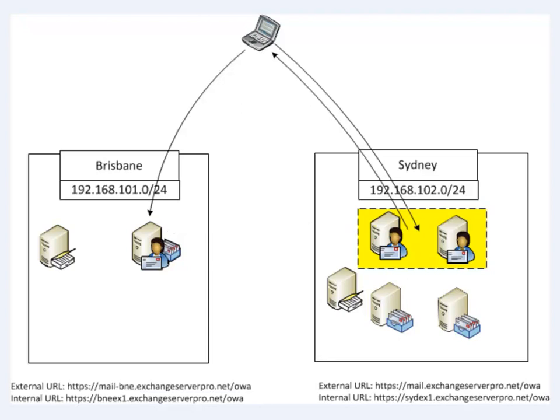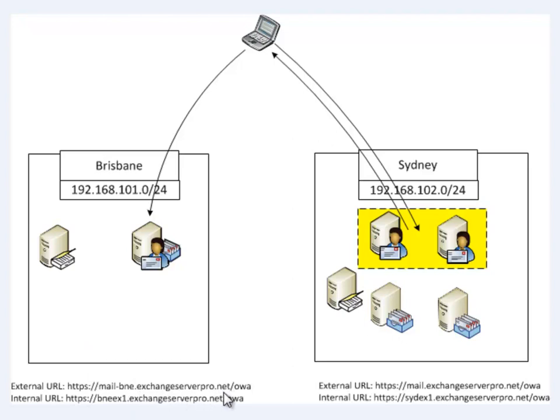Then, by making further adjustments and adding an external URL of mail-bne.exchangeserverpro.net/OWA to the Brisbane client access server configuration, we were able to switch that configuration from CAS to CAS proxy to a CAS redirection configuration. So again, the client would connect to mail.exchangeserverpro.net, which would resolve to the IP address of our Sydney CAS array, and then it would be redirected over to the Brisbane server to connect directly to